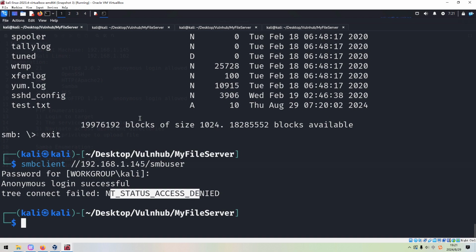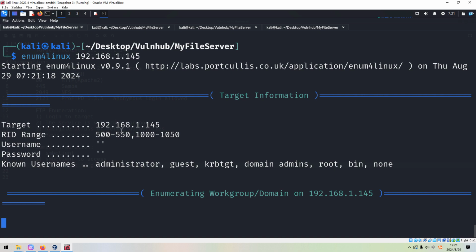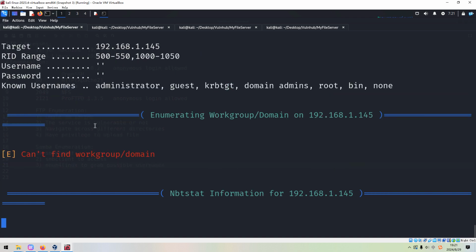Okay, so next we can use enum4linux to enumerate the Samba service. In most cases, I use this utility to retrieve the username information. Although this utility can give us a lot of information, the output includes the share information of the target.